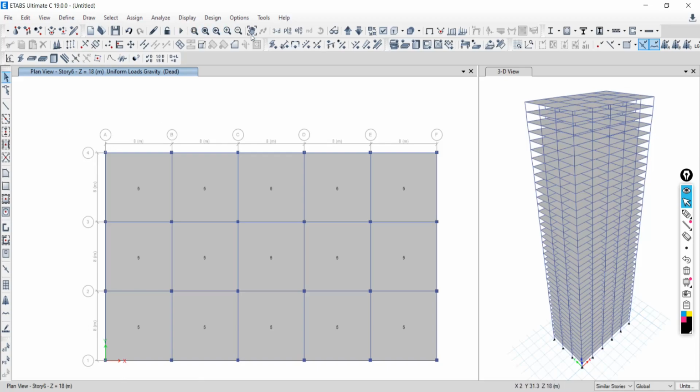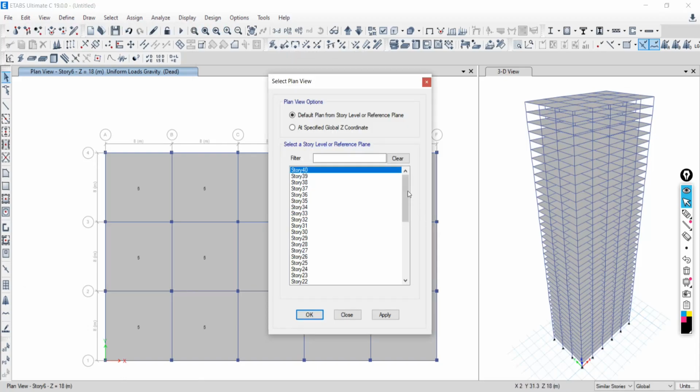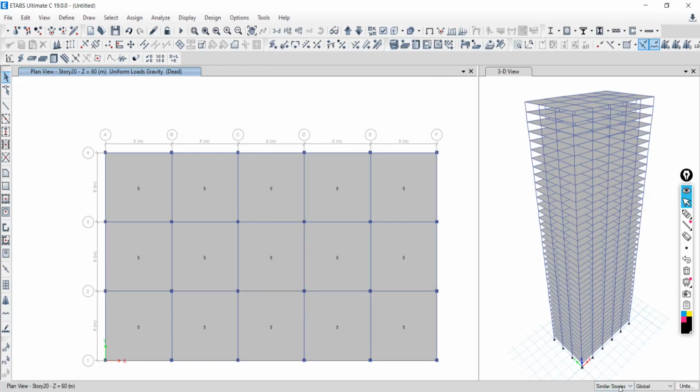Coming to plan, now come to the 20th story. Say apply, and we are working with the similar story option. Just clear this and click over this. So 6 shells are in selection. Coming down, coming up, this is in selection: 21, 22, 23, 24, 25.